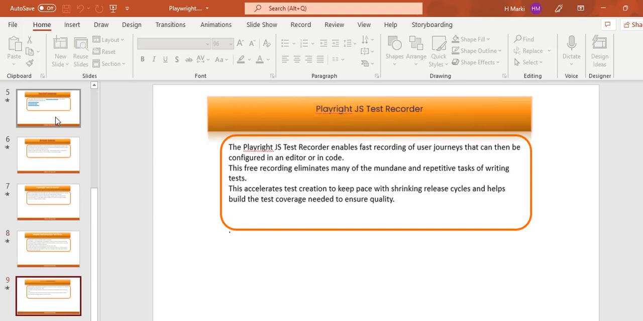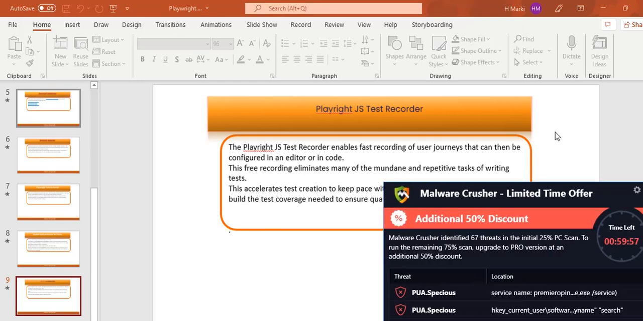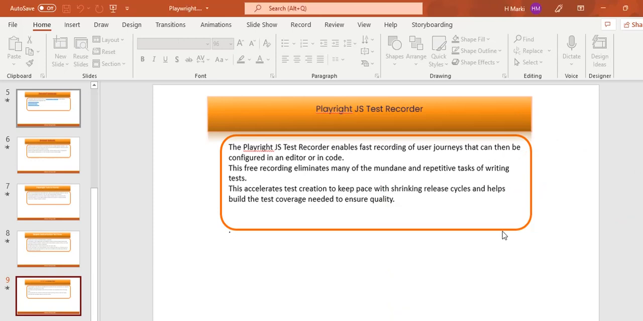It also supports recording. So it uses a test recorder, which enables fast recording of user actions and eliminates all these mundane, repetitive tasks of writing tests. It accelerates test creation to keep pace with shrinking release cycles and help build the test coverage to ensure the